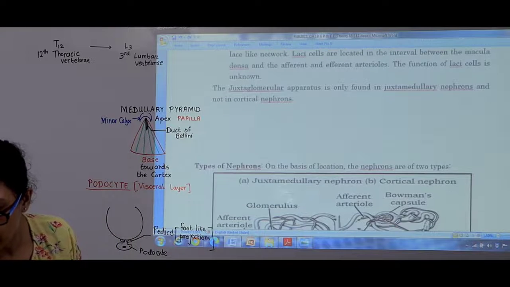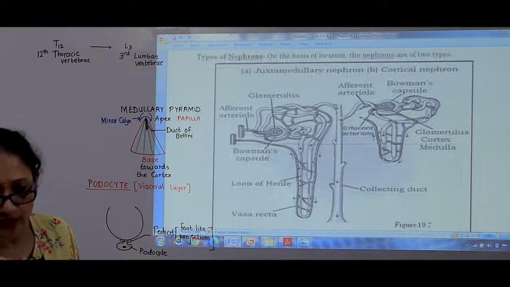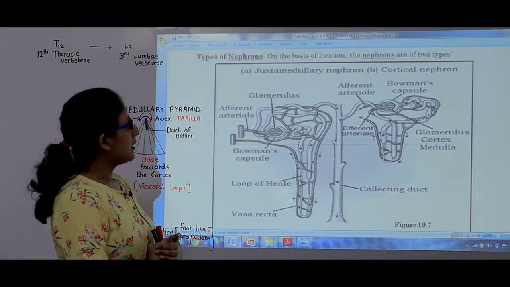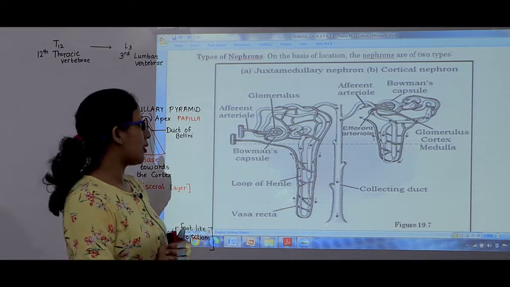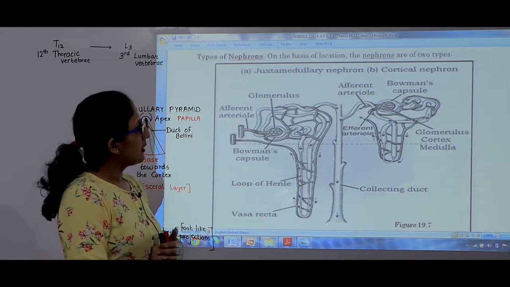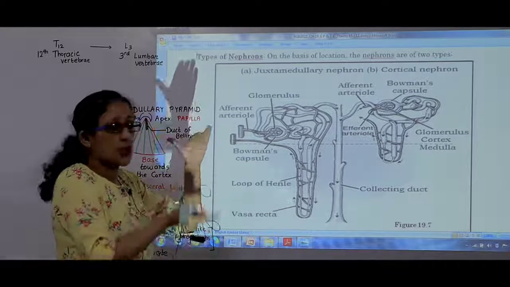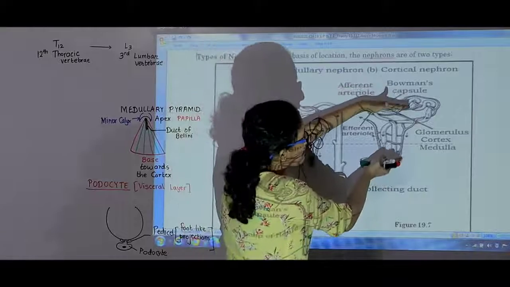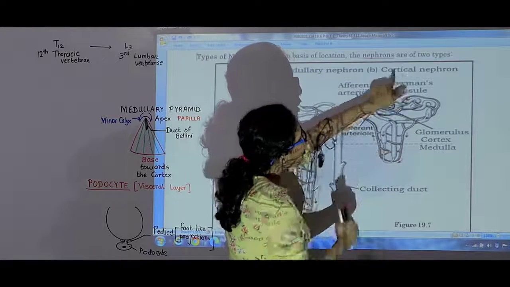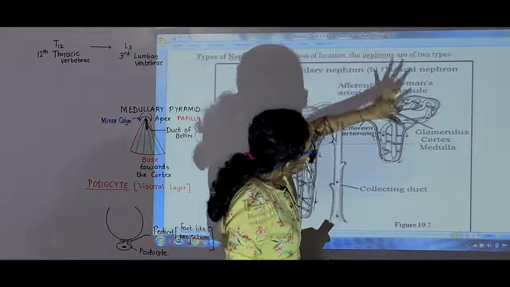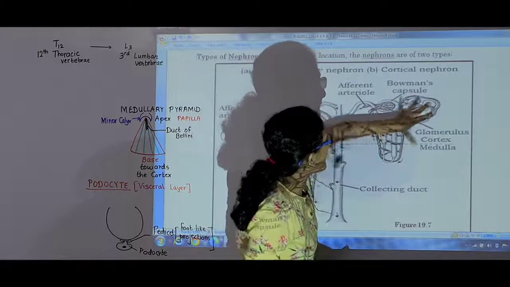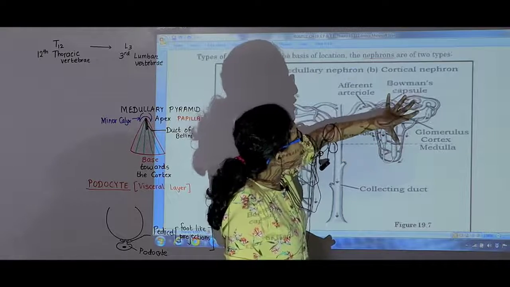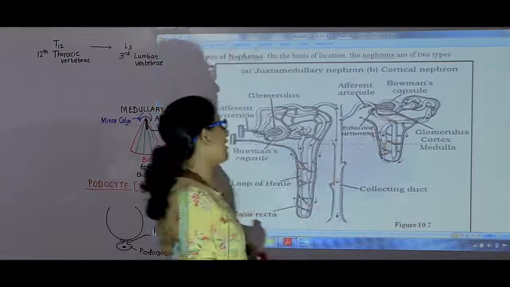We go to the next topic, which is types of nephrons. In this image you have two types of nephrons. You have some nephrons which are very short, that means Henle's loop is not very long. These shorter nephrons are called cortical nephrons because it appears as if most of it lies only in the cortex, hardly anything is in the medulla. Such nephrons are called the cortical nephrons.